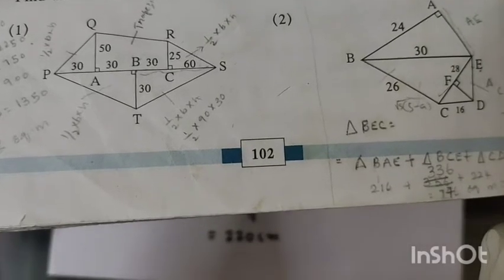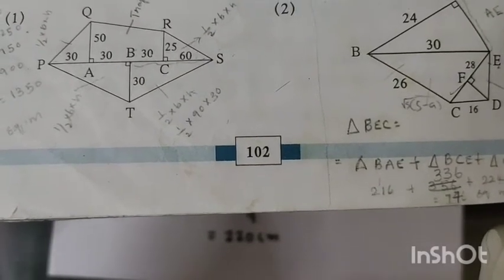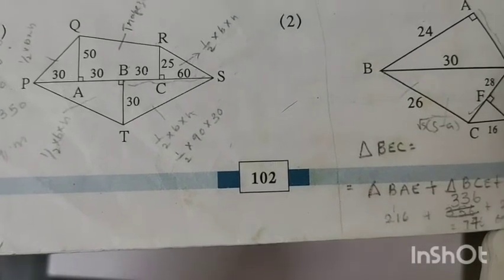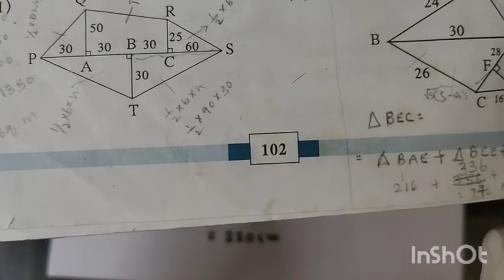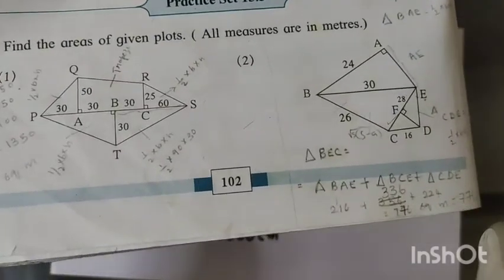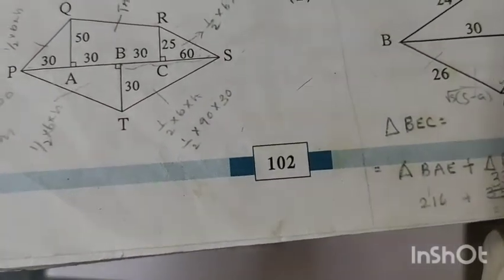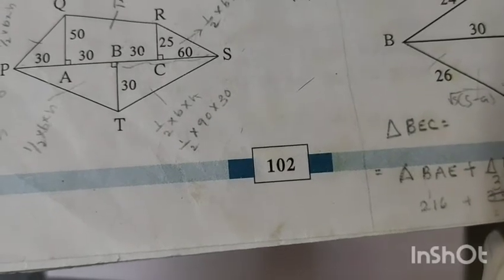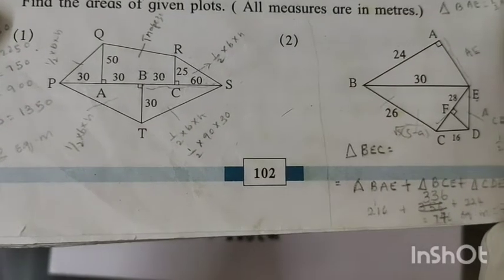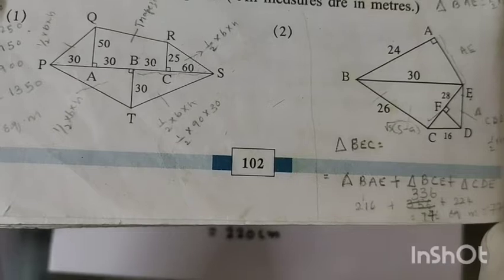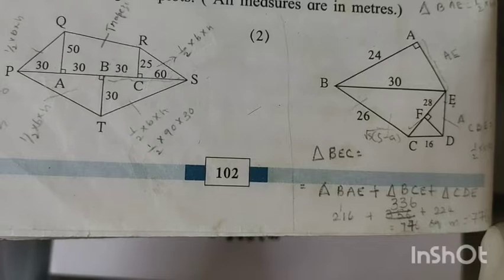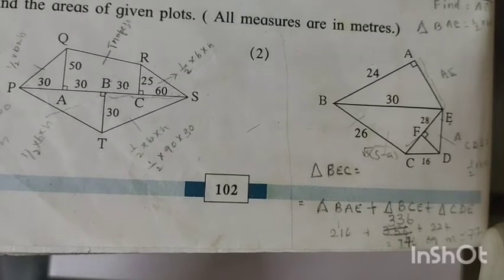Now next is the area of the trapezium. So you have to find the area of the trapezium. What is the formula, children? Area of trapezium, just now we learned, is half into sum of the lengths of parallel sides into height. Using the formula, find the area of the trapezium. Then the next one is the area of triangle RCS. So here also you will use half into base into height.